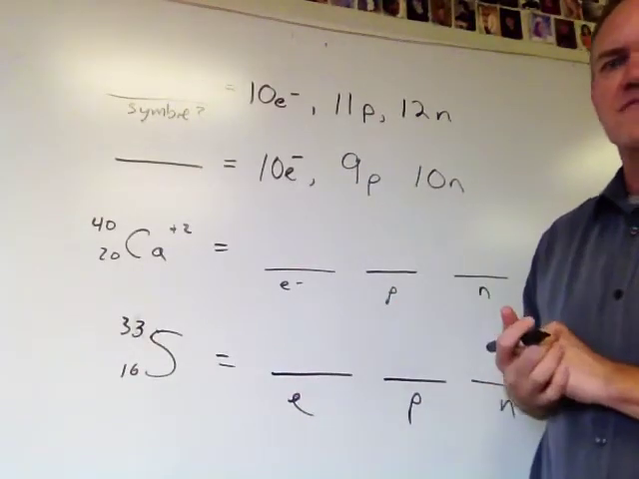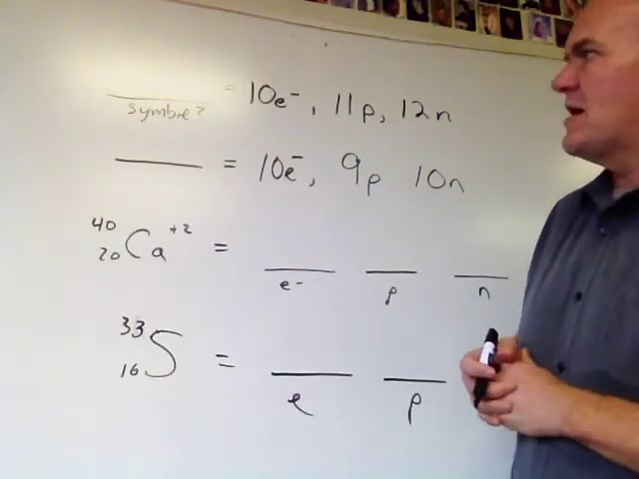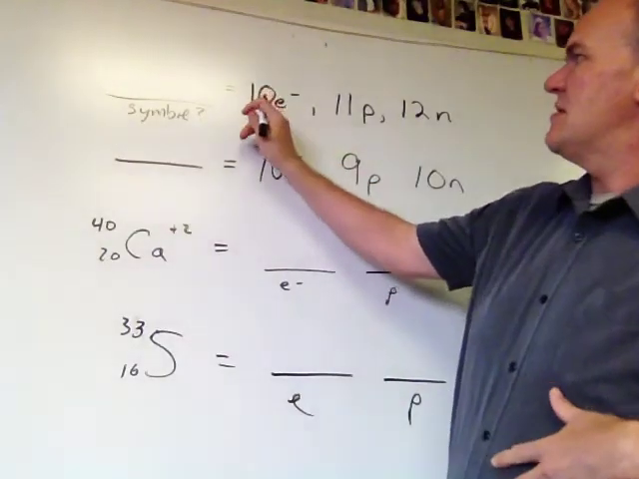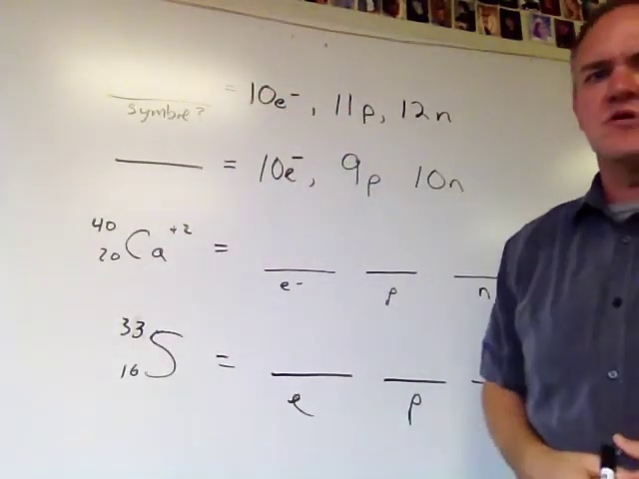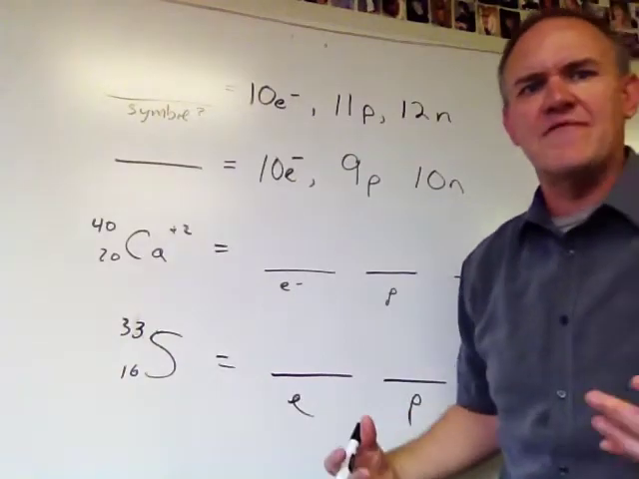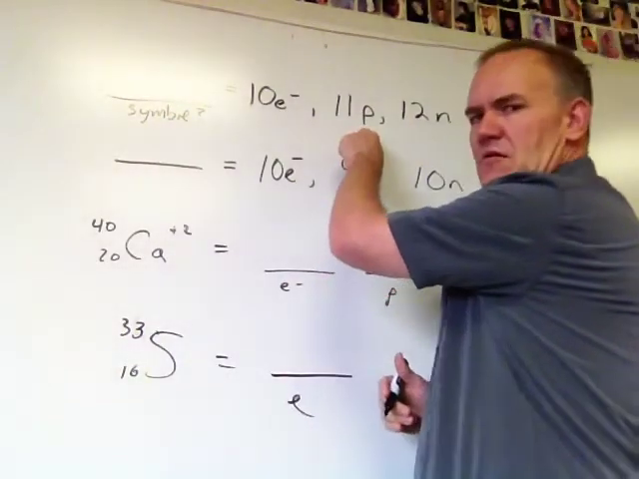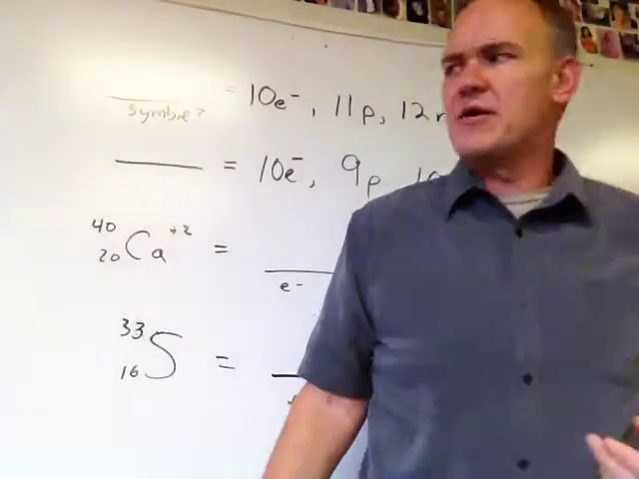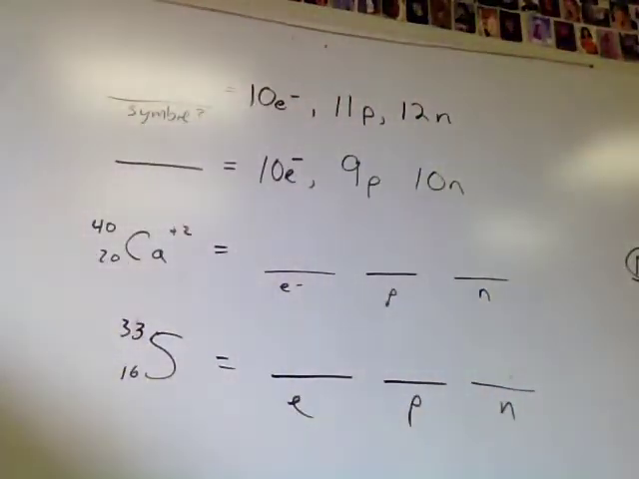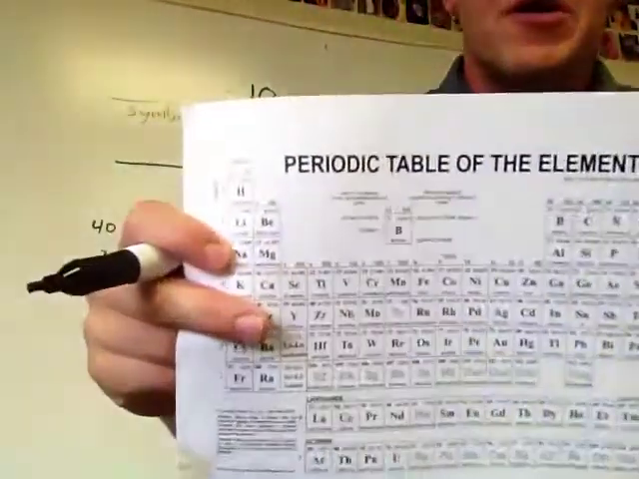Here's an example of a chart that would have charge on it. We have here something with 10 electrons, 11 protons, and 12 neutrons. So the first thing we say is, what kind of atom is this? Well, it has 11 protons. We get out our periodic table and we see that something with 11 protons would be